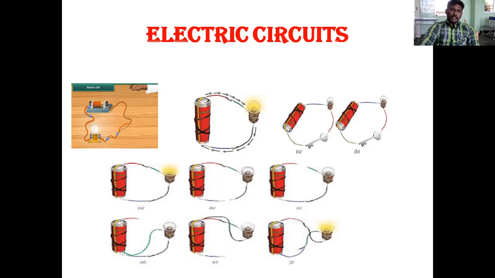Okay, and see the diagram below. The first one is glowing yellow, so the circuit is completed. Completed means the bulb will glow when the circuit is a closed one. If the circuit is closed, the bulb will glow. Otherwise, the bulb cannot glow, or if the connection made by you is a wrong connection, it cannot glow. So whatever may be, if the circuit is a closed one, the bulb will glow.